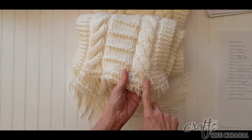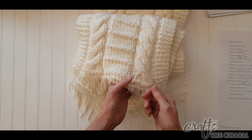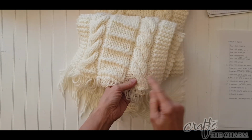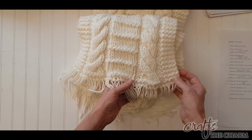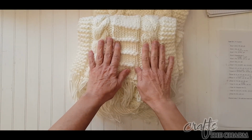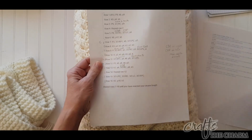So you're always knitting those 6. So the cabling pattern is symmetrical. You knit on this side the same 6 stitches, you purl on the other side the same 6 stitches. You're always putting 3 on the cabling needle, and the way I did this one, I always held to the front or the back, depending on which side it was. So really simple. So when I saw the pattern for the heart, this is the pattern I printed from the